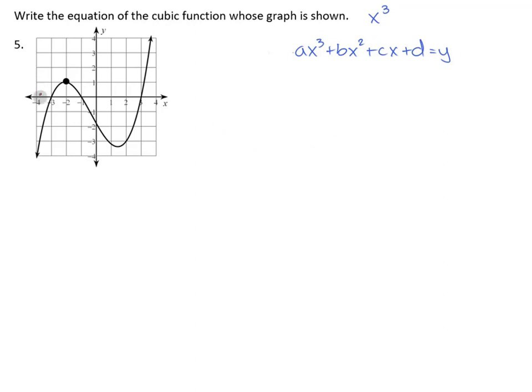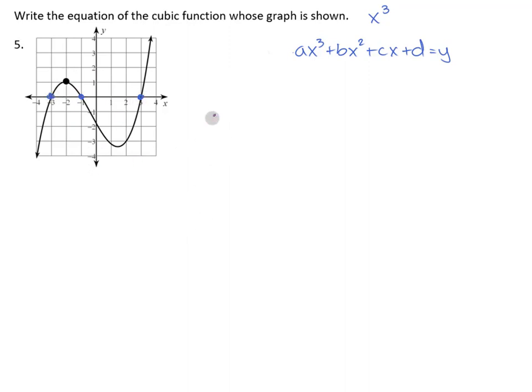But if we happen to know all of the zeros of my graph, we can use what's called factored form to get our answer a little bit quicker. We haven't really learned that yet, so I might show you at the end of this, but let's just use these 4 points, right? It gave me one specifically here to help me out, but hopefully you found these nice x-intercepts here